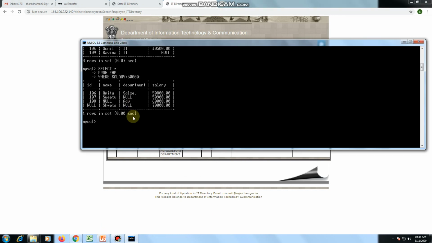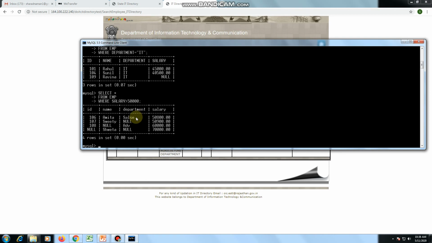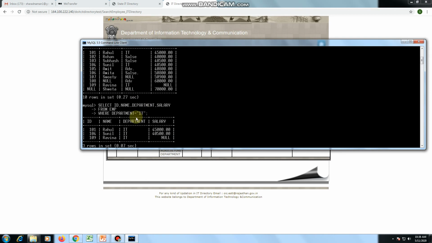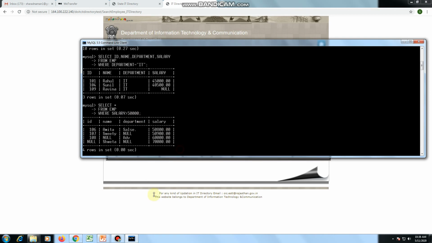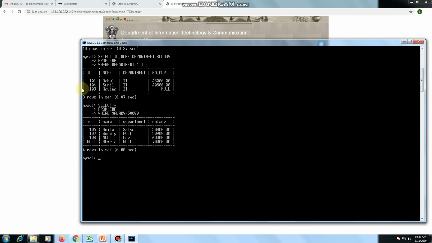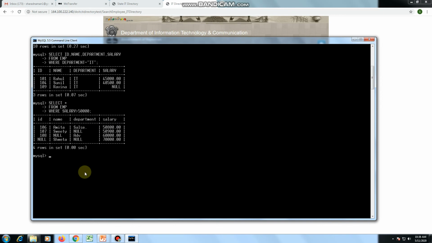Here we have some more practical examples on the where clause. Before, I showed where commands implemented according to salary and department name. You can use the where clause according to any column name.